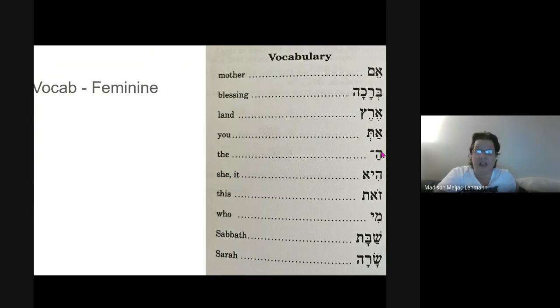Ha. The hey with the patach, the ha at the very beginning. It shows a little dash here, and you won't always have the dash. But ha means the, and I have to tell you, oh my gosh, like 50% of the words have ha in front of it. The bread, ha,